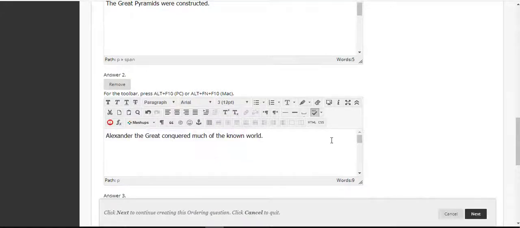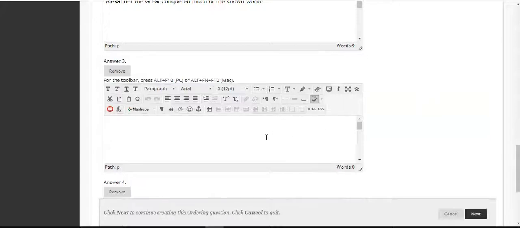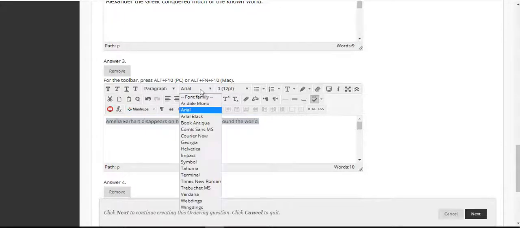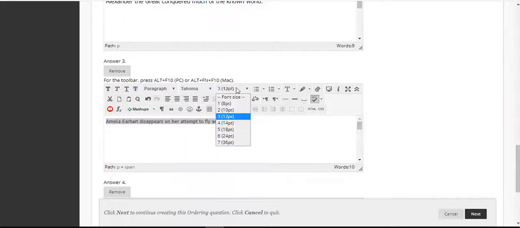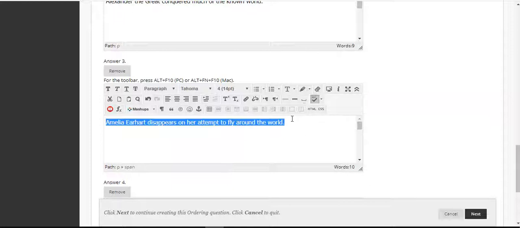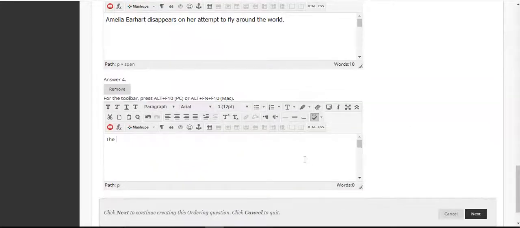Again, we're going to stick with that. Answer 3, Amelia Earhart on her attempt to fly around the world. The World Trade Center is attacked by